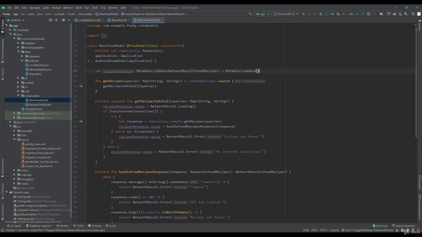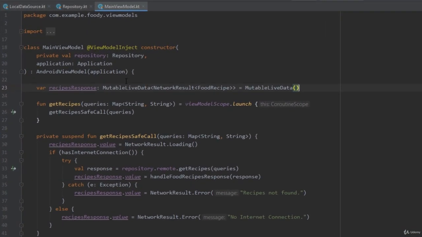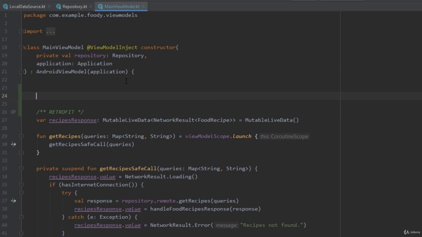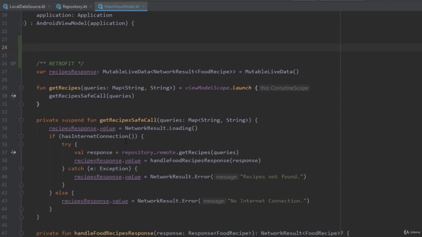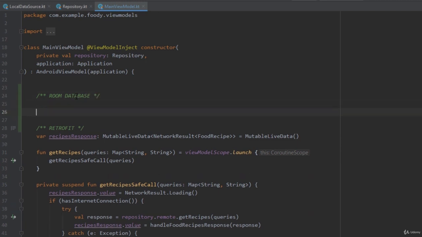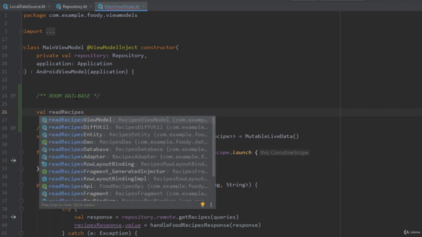So before we start implementing our offline caching here, I just want to make one comment here. Okay, and here I'm going to write retrofit. So this section down below will be for retrofit, and on the top I'm going to add one more comment. Okay, and here I'm going to write room database, so we can distinguish those two. So first, I'm going to use a local data source to get to my room database. I'm going to first create a new variable here named read recipes,